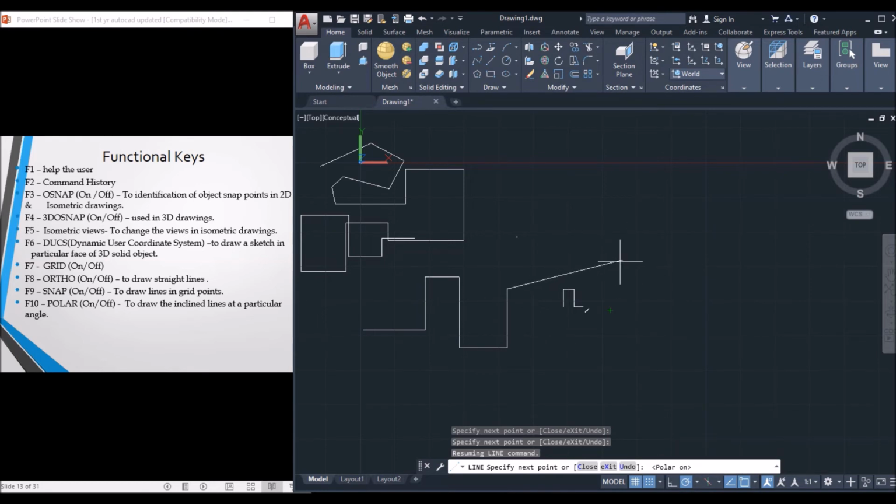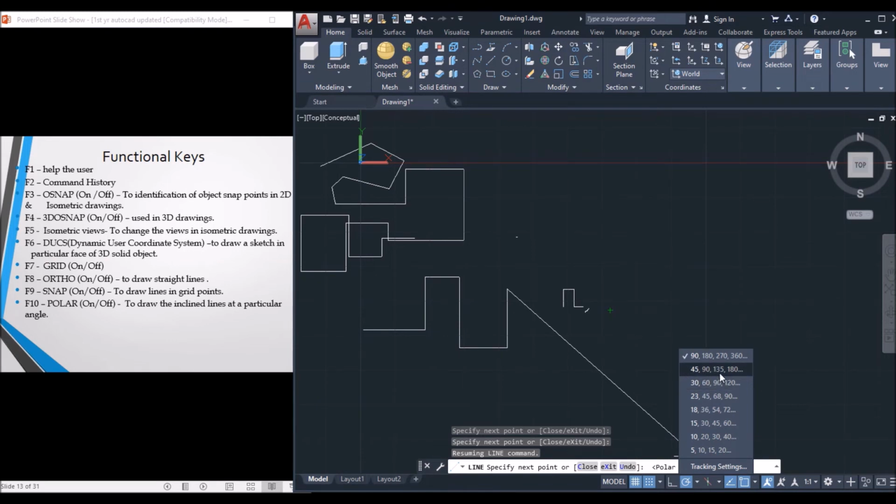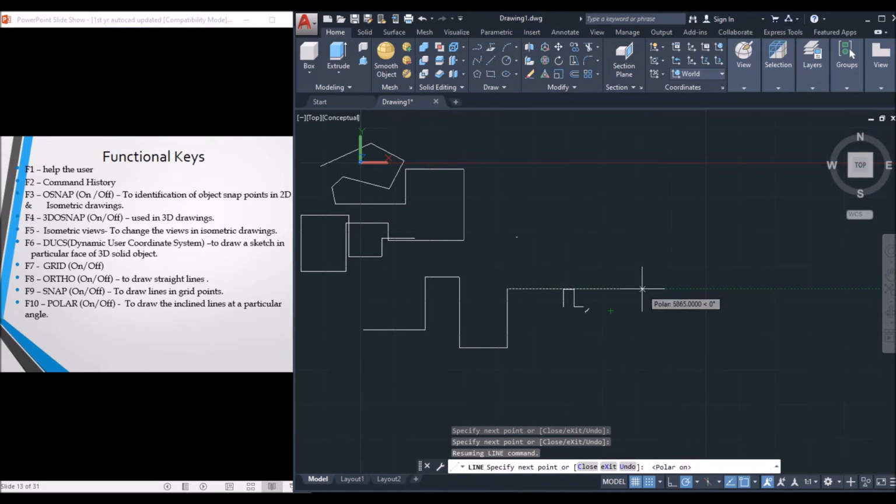Okay, so now I want to draw a line at an angle of 45 degrees. Okay, so this is 0 and 90, 180, 270 and 360. Now we need to draw a line at 45 degrees. So further we need to turn on the angle, that is 45, multiples of 45. Just click on 45, enter. It is 0, 45, 90. Okay, so just keep a line at an angle of 45. Okay, and give the length. Suppose I am giving it as 150, enter.